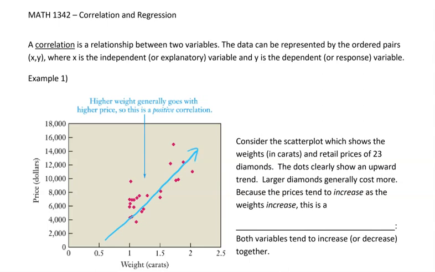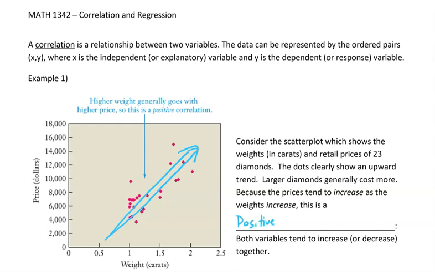So consider the scatter plot, which shows the weights in carats and retail prices of 23 diamonds. The dots clearly show an upward trend, just because they happen to be going upwards if you look at it from left to right. Larger diamonds generally do cost more. Because the prices tend to increase as the weights increase, this is a